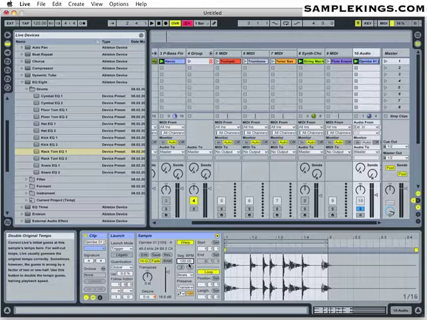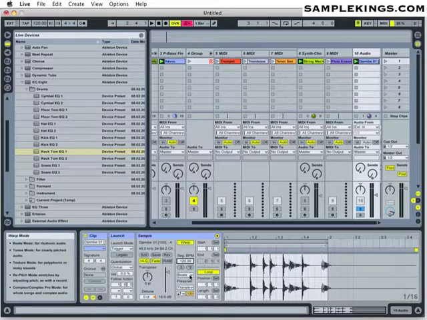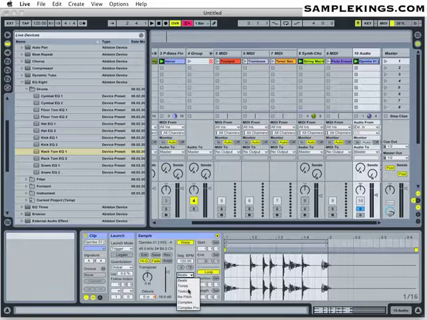So what this does is set it up and do it on an accurate basis. This will make it 124, this will make it 60 BPM. Here we have beats. Now the beats mode is for rhythmic audio, so it's perfect for us. Tone mode is for sounds. And then texture